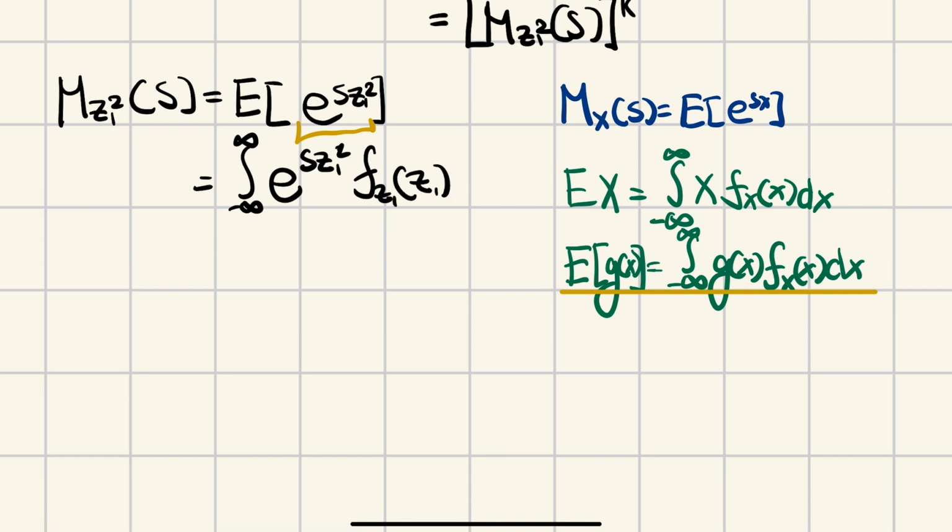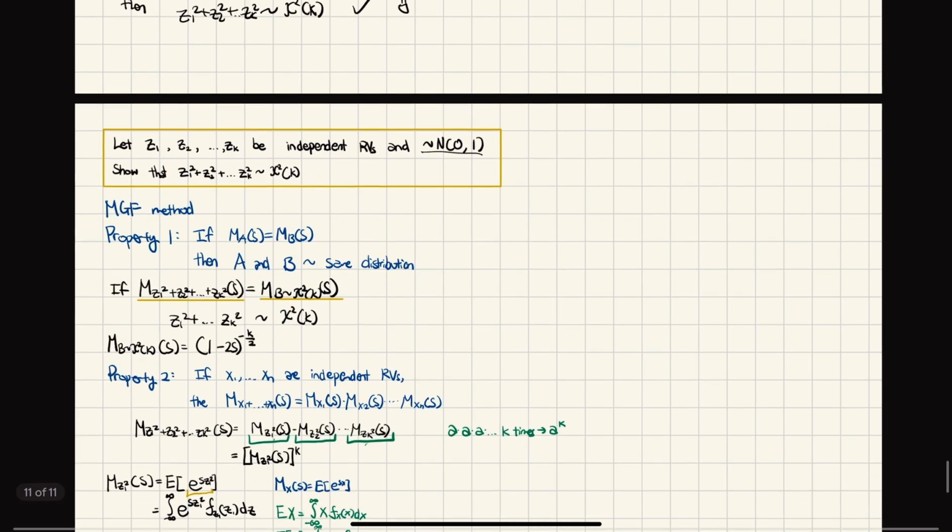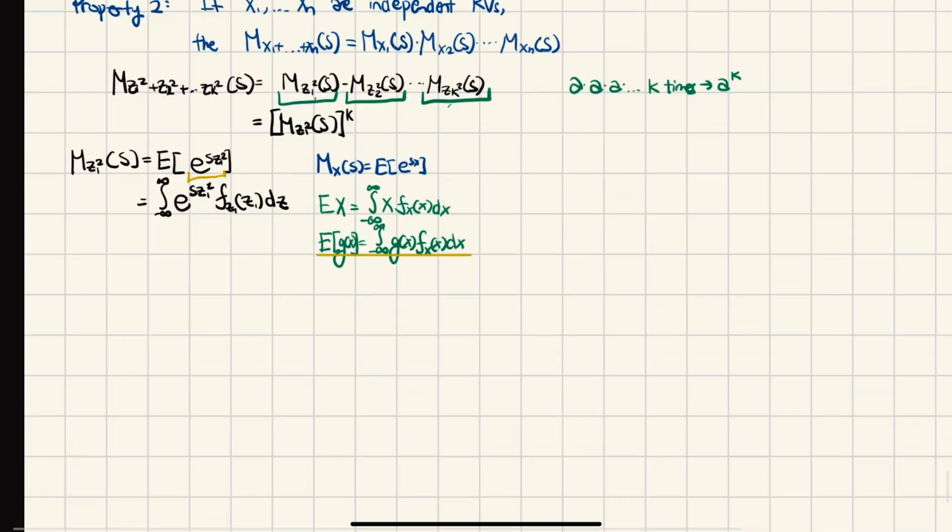And the PDF of z1, since z1 follows a normal distribution, is